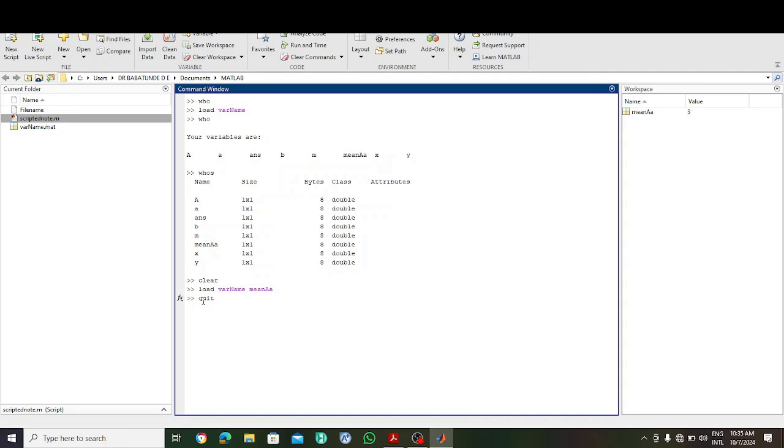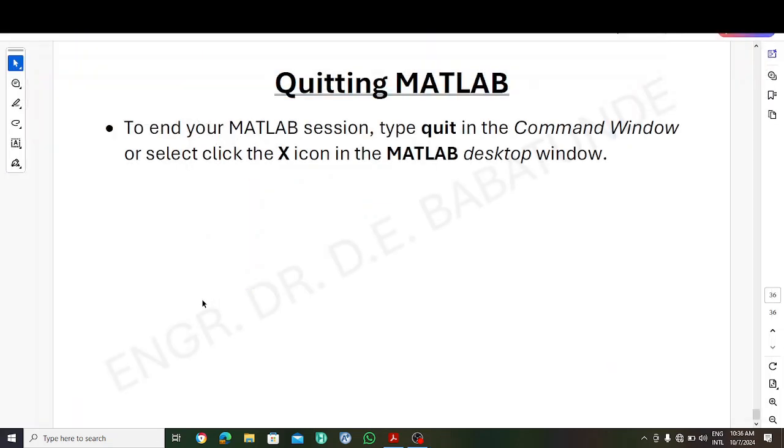So the major thing we did today is to familiarize ourselves with the interface of MATLAB. So we have seen MATLAB as a calculator. So with time, we will look at how to format your digits, then how to do more things with MATLAB. Any other question? Okay. So I'm typing quit. I want to see what happens. Some of you might use the close icon. So